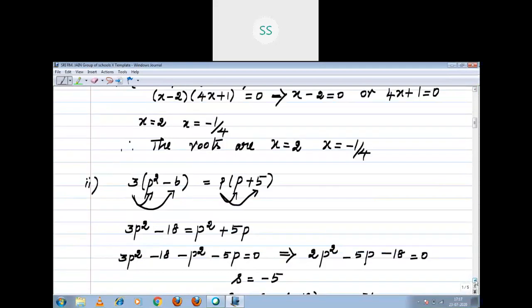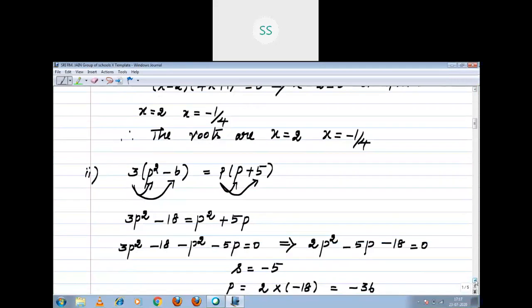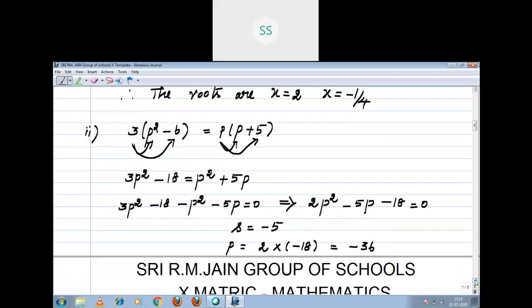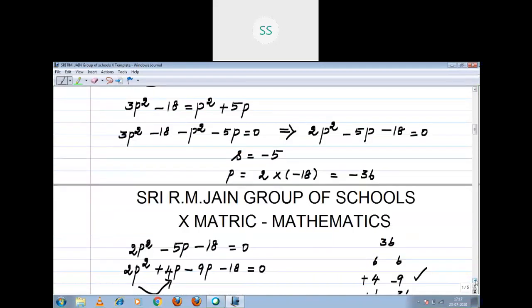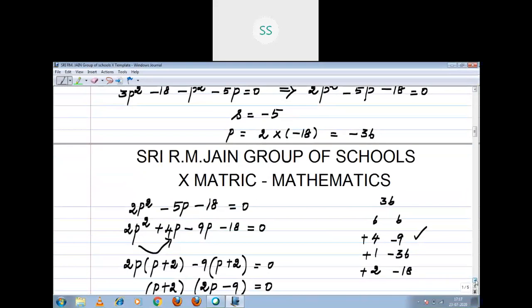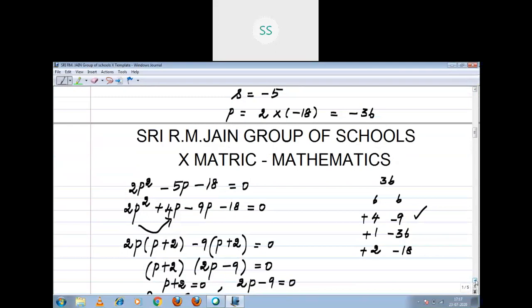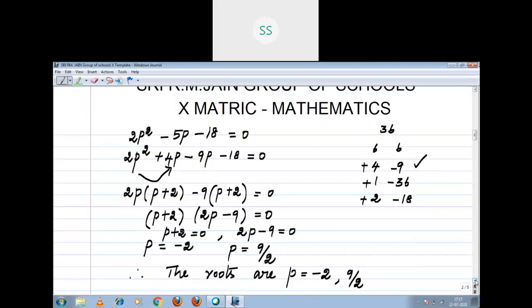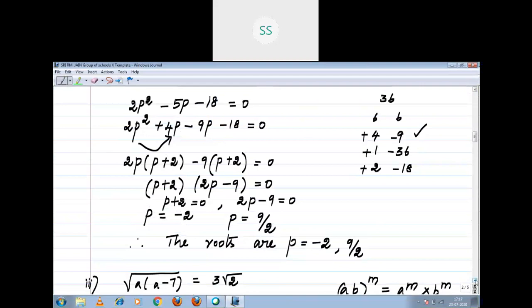The given you modified in terms of a quadratic, where sum is minus 5, that is the coefficient of p. Product is coefficient of p square and the constant. Based on the product, you wrote the possibilities. Based on the sum, you select the possibility. Using the possibility, you split and write the coefficient of p, right? But I didn't disturb the previous. You have to be very careful. Then I took the common factor out. So p plus 2 into 2p minus 9 equal to 0. You arrived at the solution as p equal to minus 2, 9 by 2.